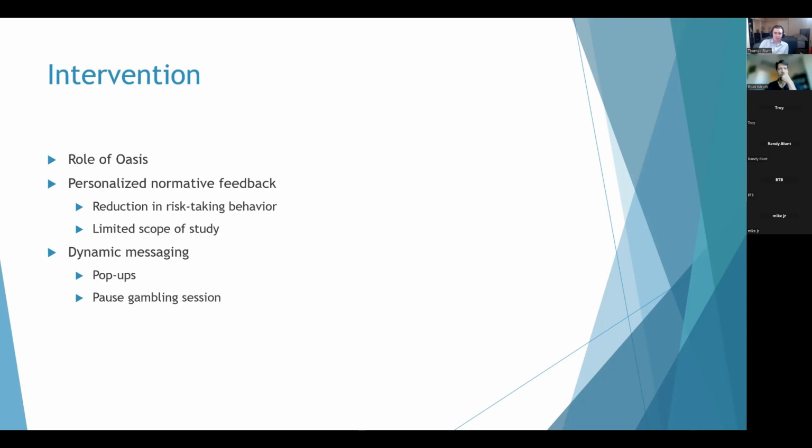So, intervention. Just a disclaimer, addressing severe gambling addiction is a serious issue, often requiring careful, substantial support in the form of friends, loved ones, and trained professionals. Critically, the Oasis application is not designed to replace the use of provably effective behavior modification techniques like therapy, self-exclusion, or group support sessions for these groups.